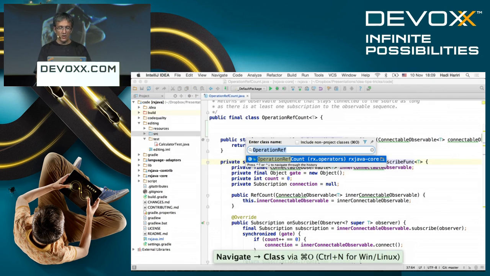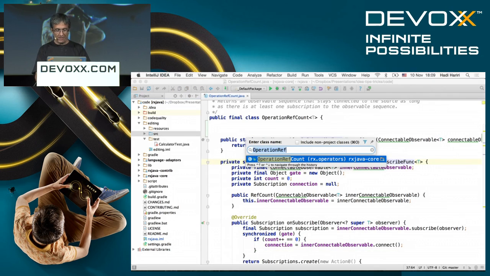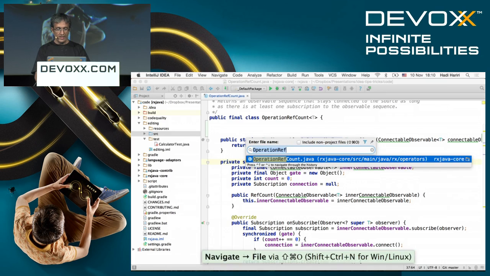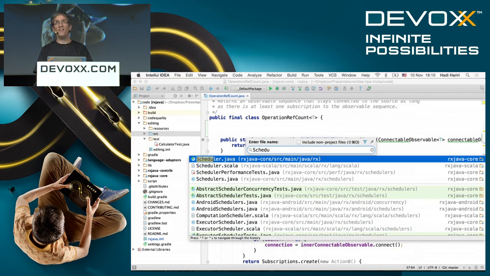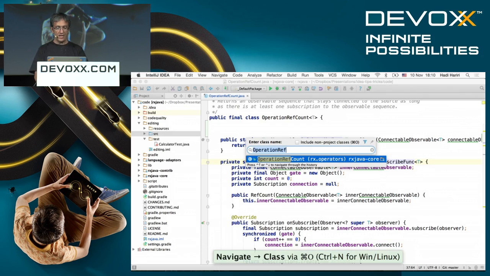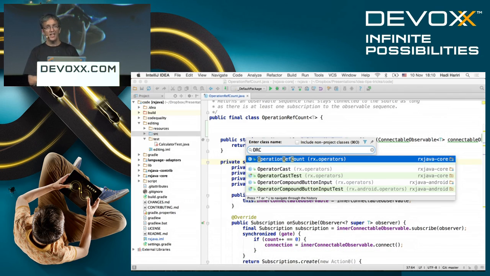Command O looks up a type, and if I do Shift Command O and type scheduler, for instance, that is going to look up a file, okay? Now these things, like many things in IntelliJ, are subject to camel case. So I can write, for example, ORC, and that will take me exactly to the same thing, Operation Ref Count. I don't have to write the whole thing.